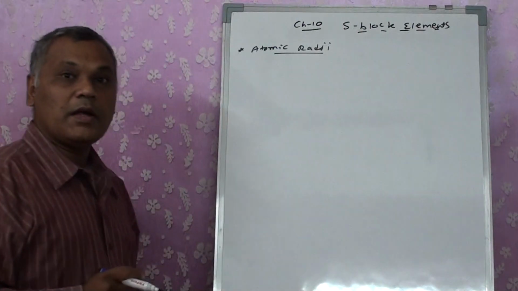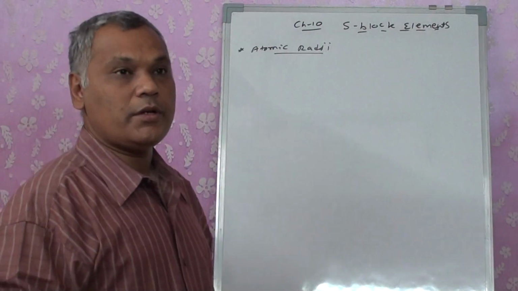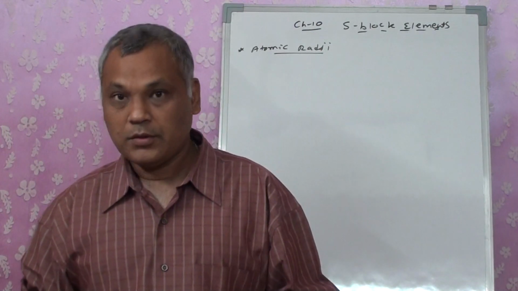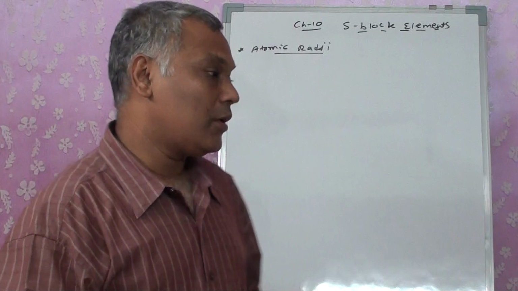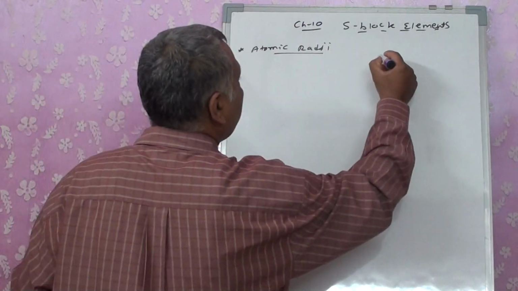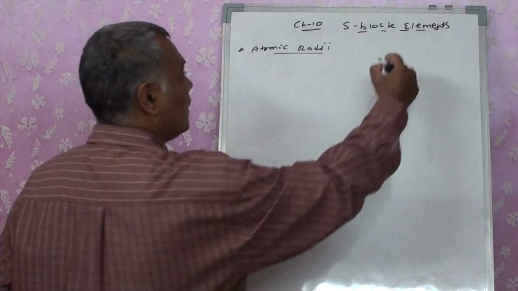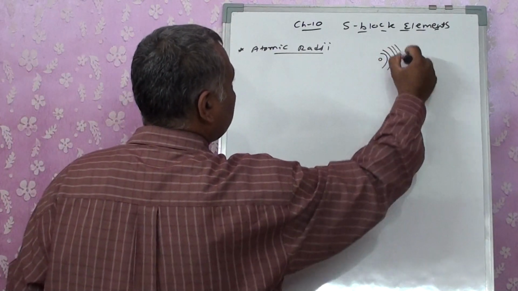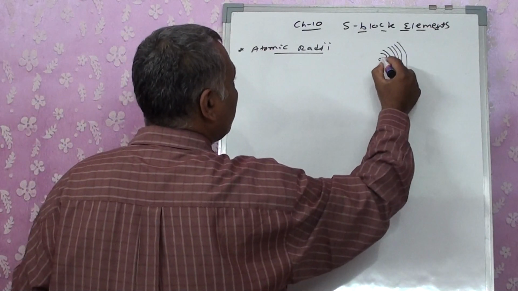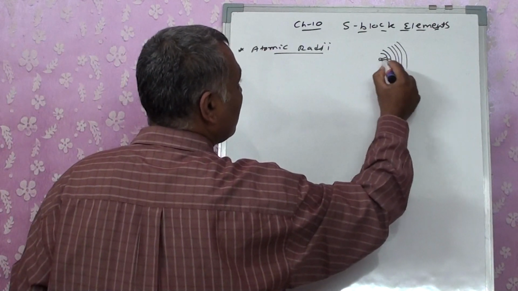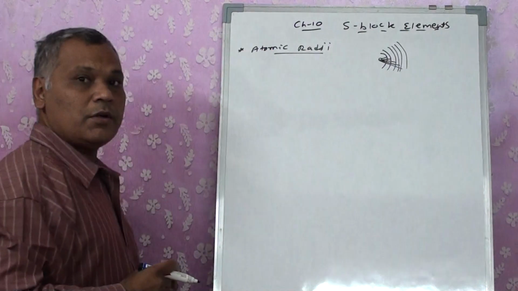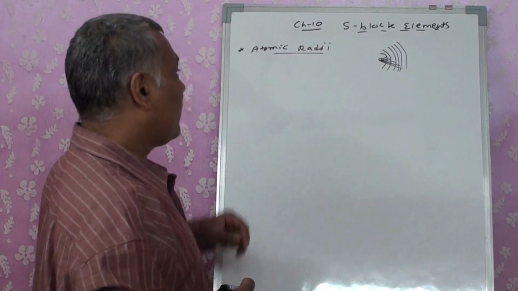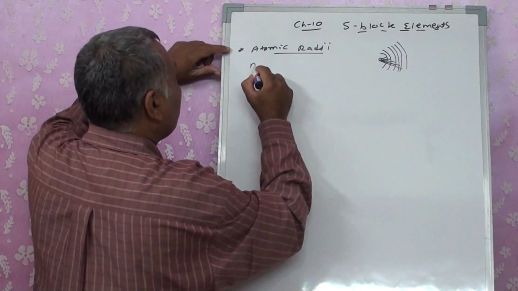Now we know it. Atomic radii means what? We have defined it: the distance between the nucleus and the outermost electron. That is considered to be the atomic radii. Now we know that this is our nucleus, with 1s, 2s, 3s, 4s, 5s, 6s. That means as I move from top to bottom, what is going to happen? The distance between the nucleus and the outermost electron is going to increase. As a result, we can say that atomic radii